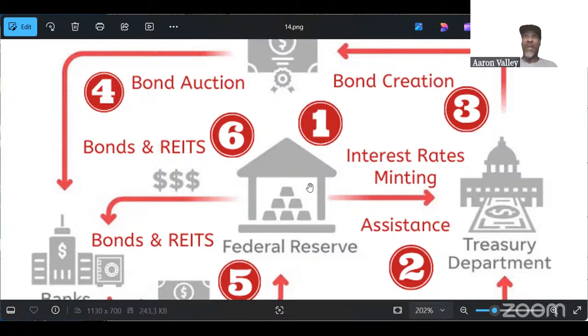And depending on their double accounting, remember the original double accounting, they're going to choose basically whether they want larger principal. They want to stack their books to make it look like they have more money. So they're going to go out and do their debt swaps to get a larger amount of principal to make it look like they got millions of dollars in the bank, even though they got smaller monthly payments coming in.